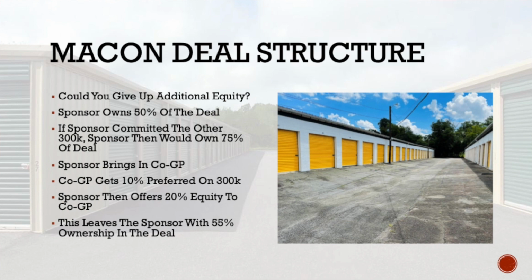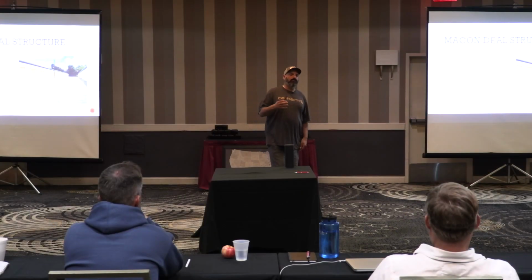And that actually wound up leaving Shane, from a cash flow side of things, his cash flow would have gone down, but he was really looking at this for an equity pop. So he was able to retain 5% more for himself. So this 90K NOI, had he given up 50%, would have been 45 grand to the investor group. Had he raised another 300 grand in this co-GP situation, right? In this co-GP situation, just say he would have given them a 10 pref, that would have been 36 grand